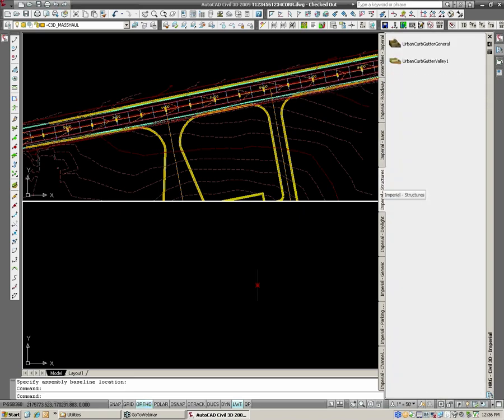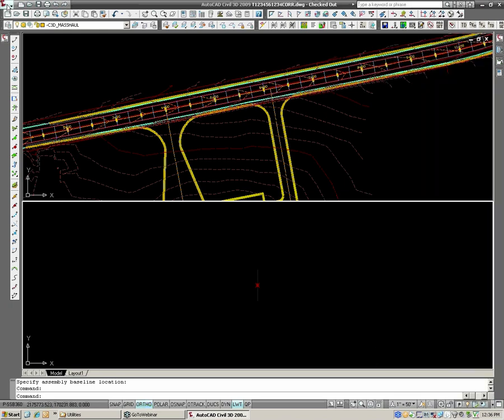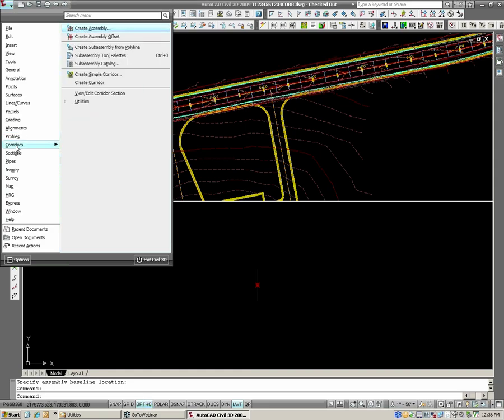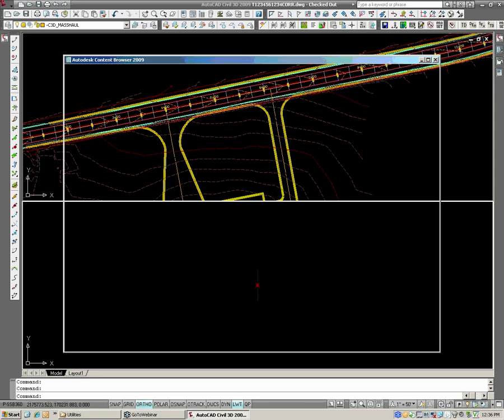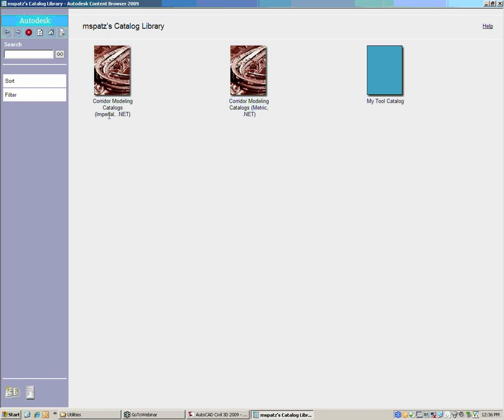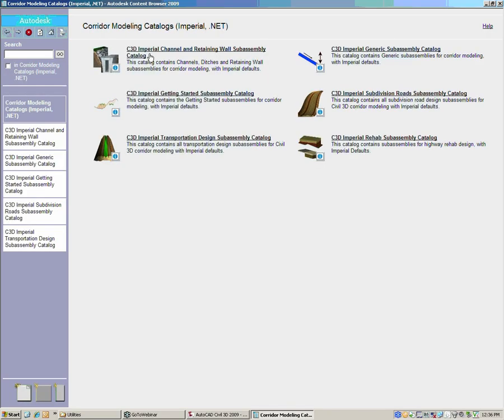And these assemblies in the lists here that you see in these palettes are most of the assemblies, subassemblies available for Civil 3D design, but not all of them. The complete list is available if you go under corridors and subassembly catalog. This brings up like a little web page. So we're doing Imperial. And under here is a complete list. So keep that in mind for any assemblies or subassemblies that you're using. If there's something you're looking for that you can't find in the palettes, look in here. It's probably in here. For road rehab,